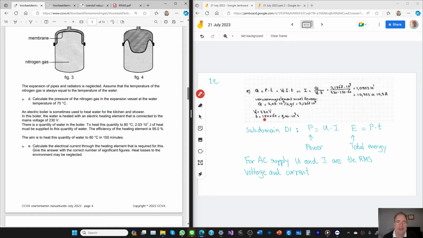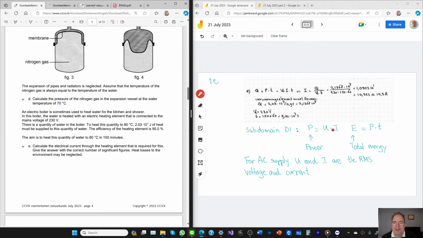And in this case, we need to use something from subdomain D1 about electricity, namely that the power is equal to the voltage times the current, and you can say that is the work done by the electric field to push the current through,